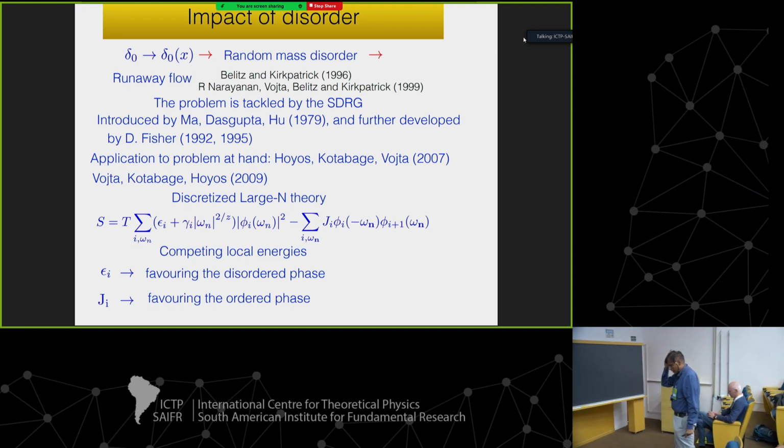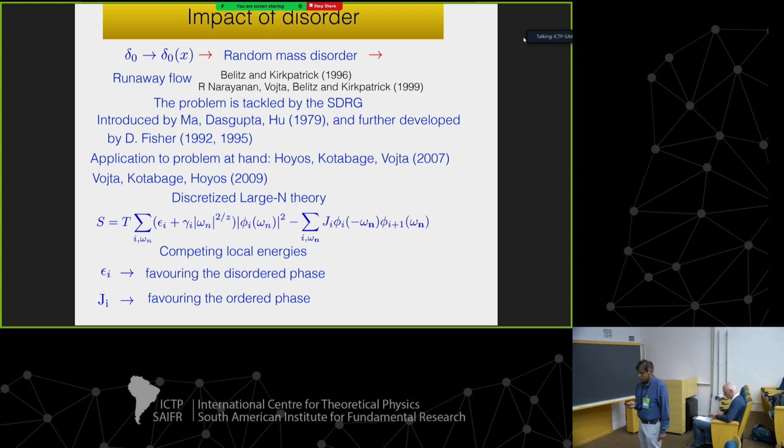And if you do this, then you find extremely interesting behavior. And what you find is runaway flows to large disorder strength. So you have no way of encoding the transition and getting the critical exponents out in such a theory. Okay. So that was the state of things until say 2005 or so, when two people in